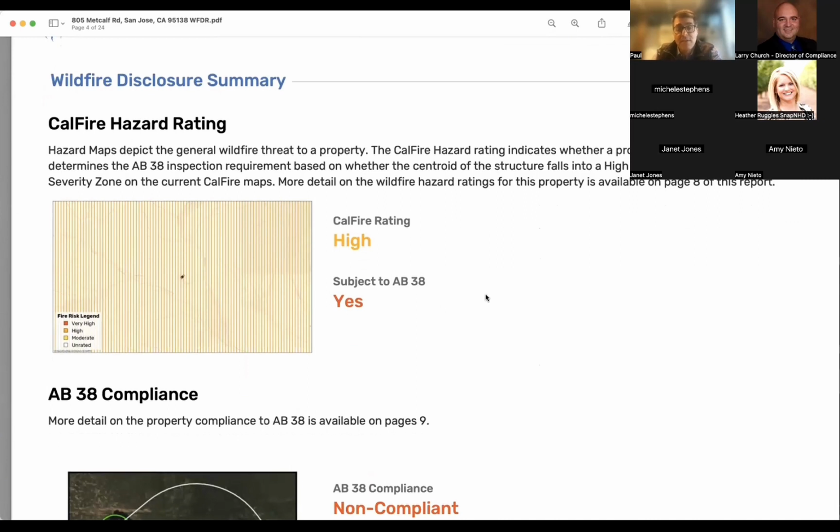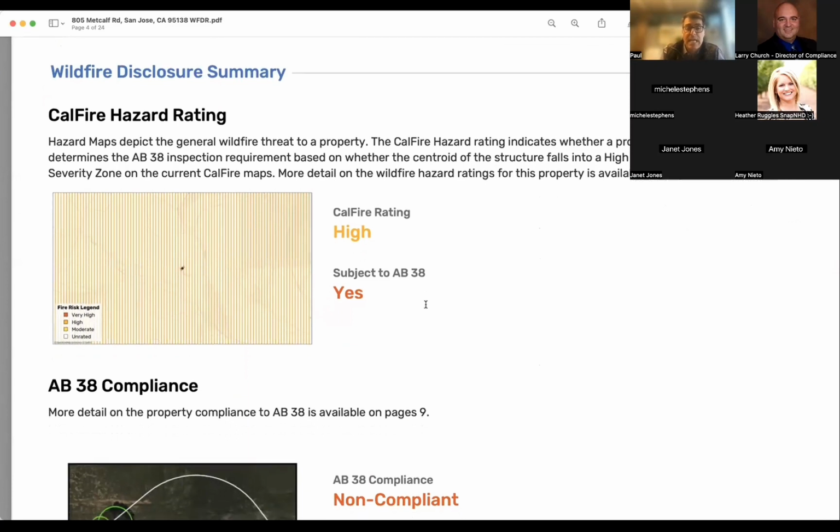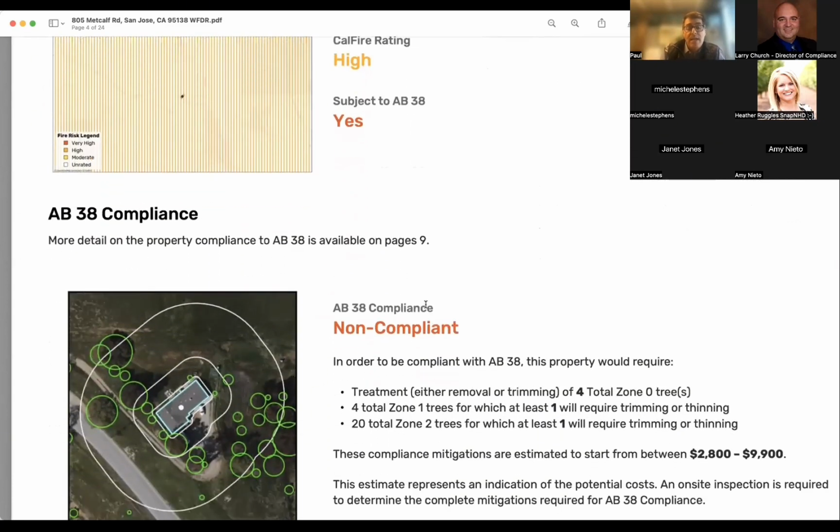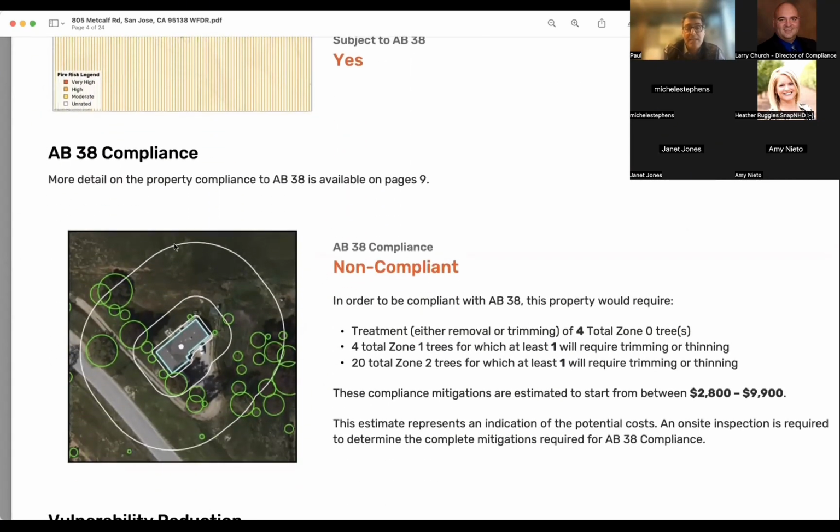But first, at the summary level, we do the CAL FIRE hazard rating. This is the same information that you get in the standard NHD reports, right? What is the CAL FIRE hazard rating for this structure? It is high. Am I subject to AB 38? Yes. We then do a quick pass at the data as it pertains to how does this property look for